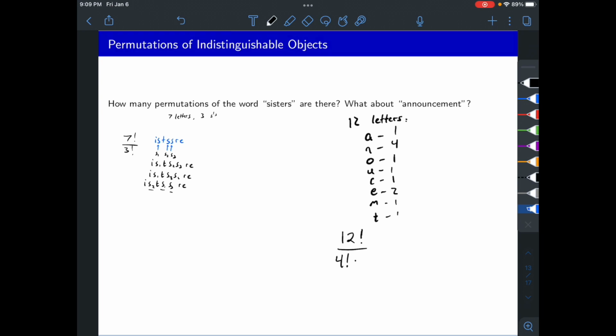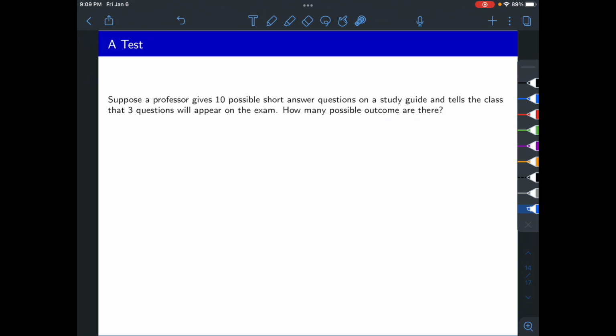And then we also want to divide by 2 factorial because there's also permutations of the 2 E's that show up. So we divide by 4 factorial, and then we also divide by 2 factorial to account for the permutations of the E's and to account for the permutations of the N's. And so this would be our answer for how many permutations of the word announcement there are. Okay,